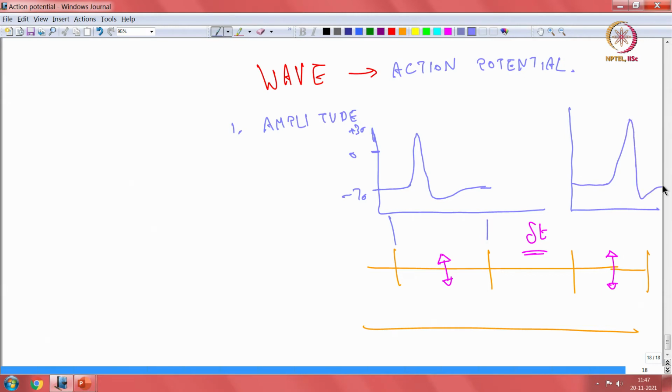So that is very important. When we are looking at an action potential, the time duration of the action potential is a property, it is a function of the membrane, which implies that it is a function of the neuron, or it is a function of the axon specifically. So axon is the part of the neuron. We have not studied the parts of the neuron, so we will come to that subsequently. But what I am trying to say is that for a given